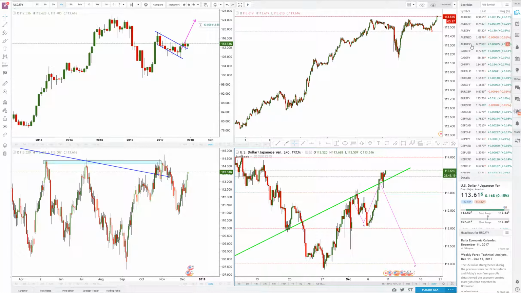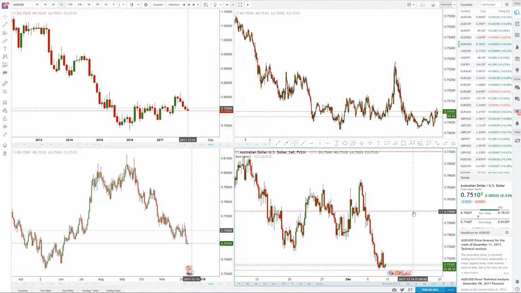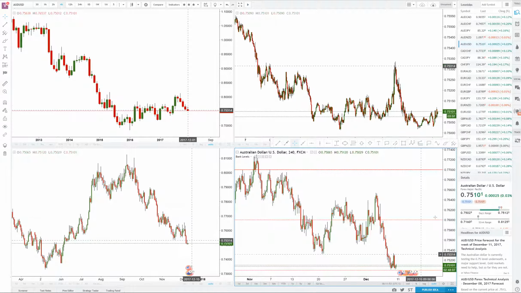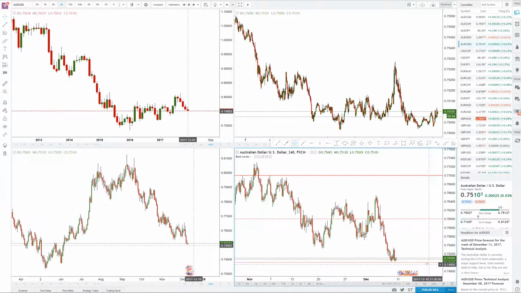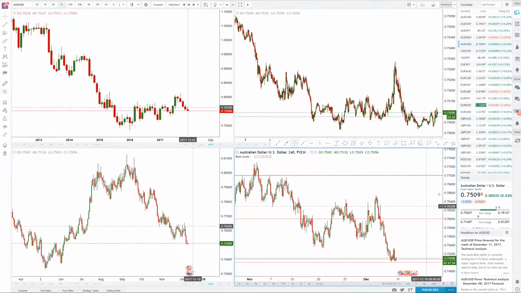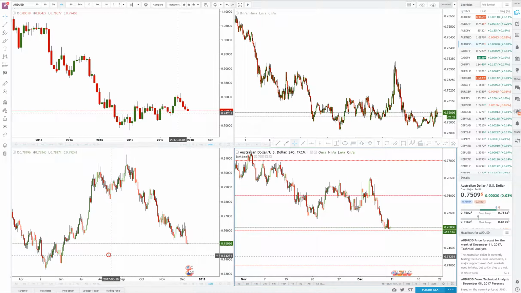AU, I'm still short on the swing from right here, from 77, and I'm looking for 75, actually just below 75, somewhere around here. I might buy it actually, but right now I'm saying that it's going to go lower. Trend is down, probably going to go lower. How low? We have to look at the